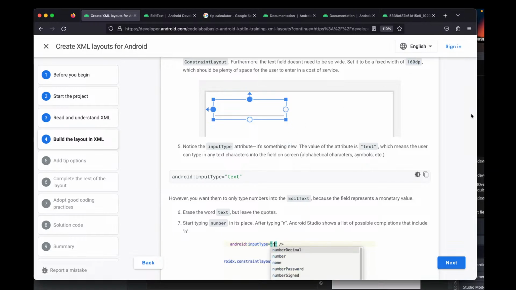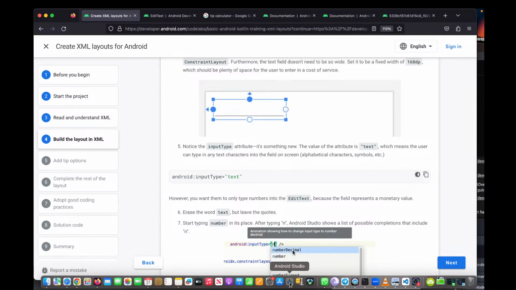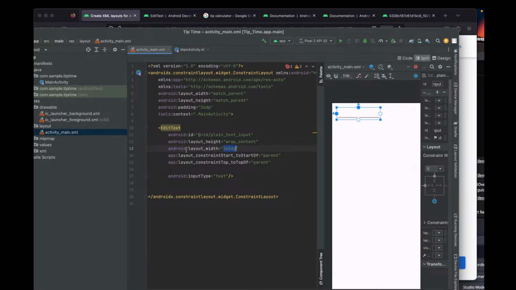Do we have an input type? Okay, this is the input type. Input type is text,